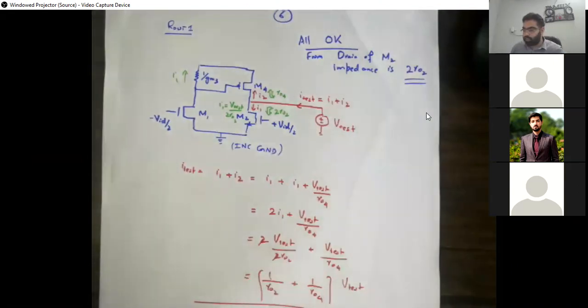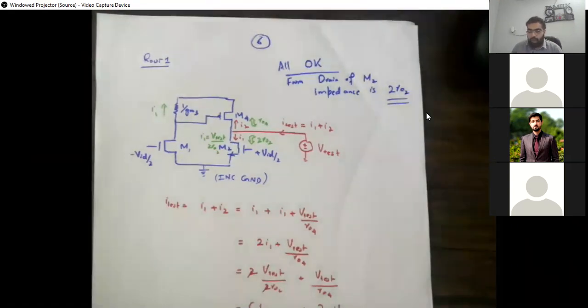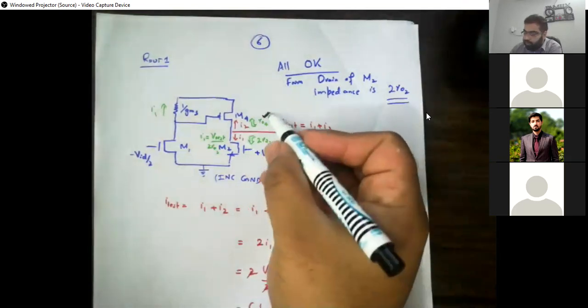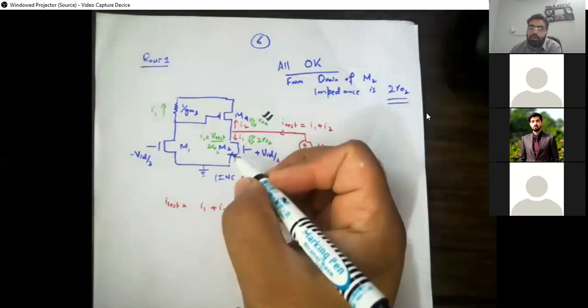Now let's see a bit about the R out one. R out one, as I was mentioning, it looks to us in the previous configuration that the overall impedance is RO2 in parallel with RO4. The overall result is definitely RO2 in parallel with RO4. But if we just analyze it, it's not going to be a direct way. Why? Because the impedance seen from the point of M4 is RO4, agreed. But the impedance seen from the drain of M2 is not RO2.